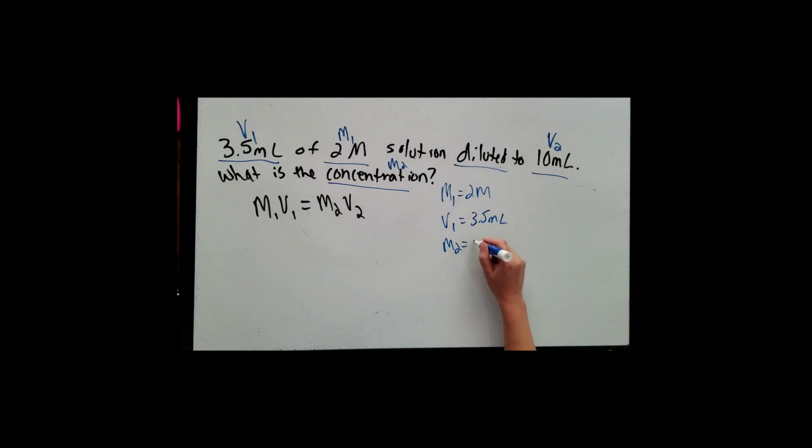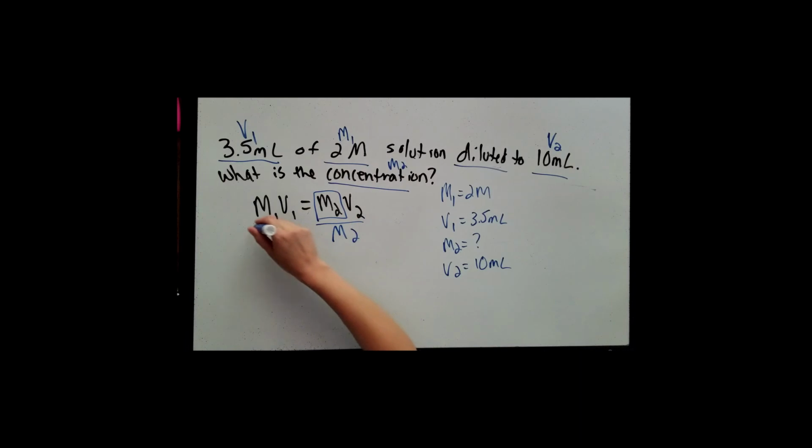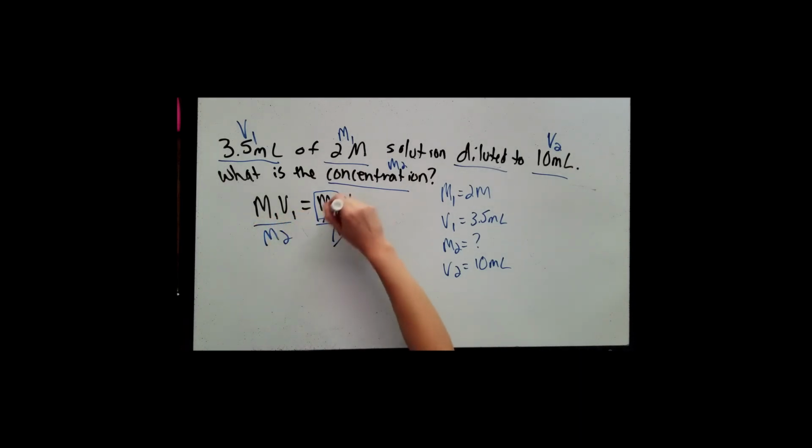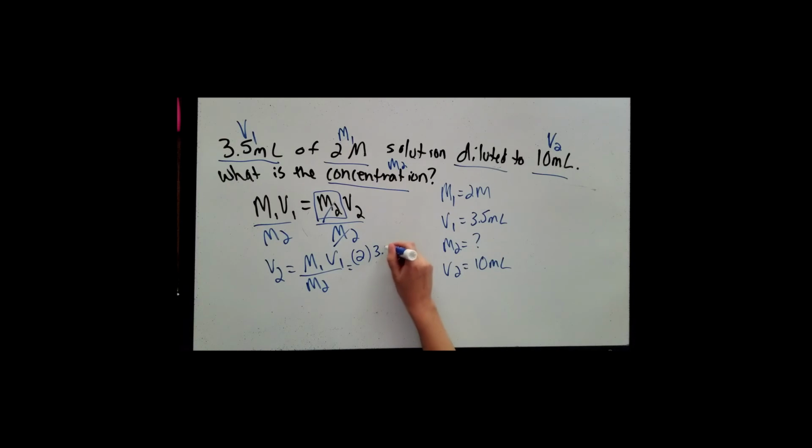We're trying to solve for M2, and we have 3 of the other 4 variables. So I'm rearranging this to solve for M2. To do that, I'm going to divide both sides by M2, which will get me V2 is equal to M1V1 divided by M2. So plugging in, M1 is 2, V1 is 3.5,